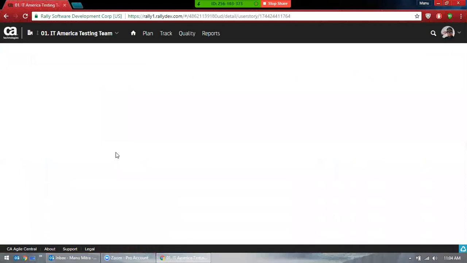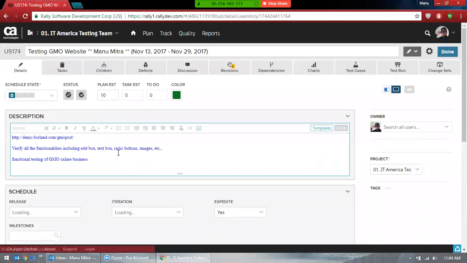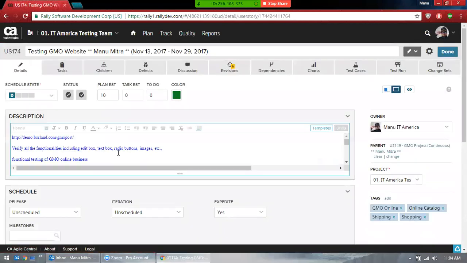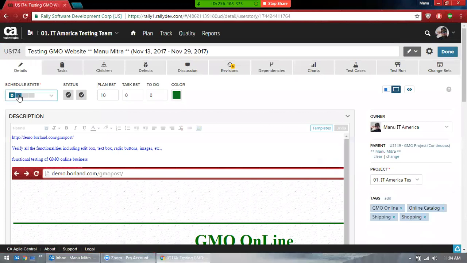So this is my user story, and you are not supposed to change anything here. It's not your job to change anything. Most probably you will not have access, and even if you do, you are not supposed to change anything. Just remember this. Don't make the mistakes that the previous batch made.